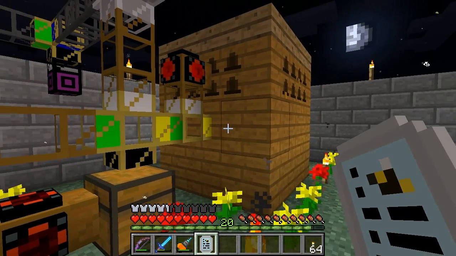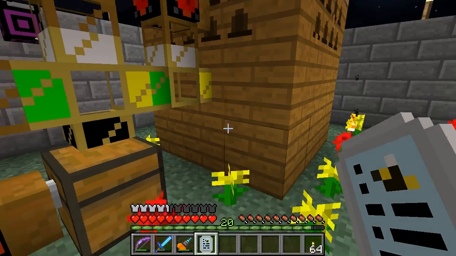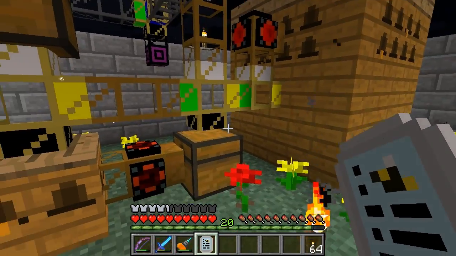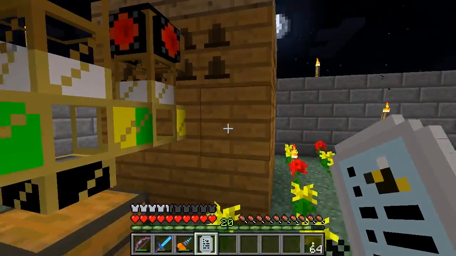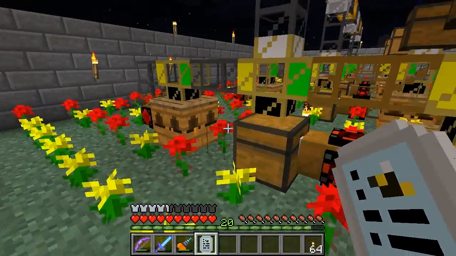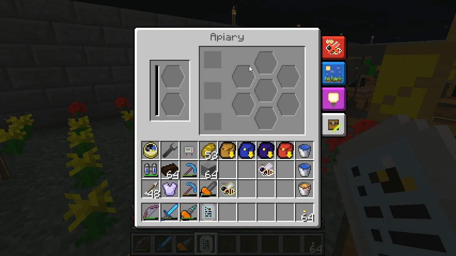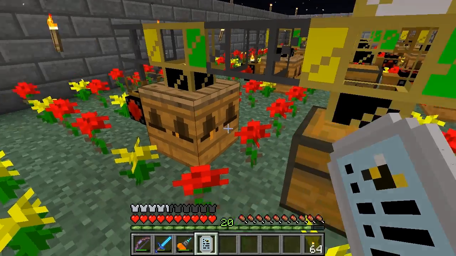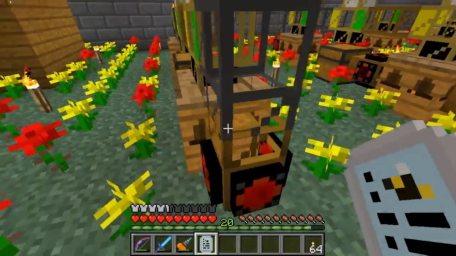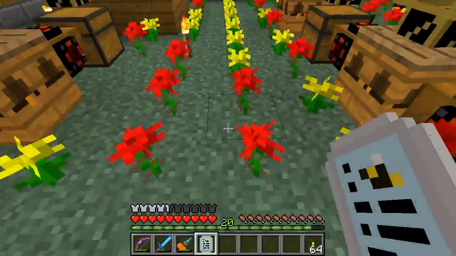So this hive is now producing pure nocturnal and pure cave dwellers. You can see that it's working during the night. And I can use this system to create more princesses with the same abilities. On the other side here, I might add a pure, fast-working industrious princess together with a drone. And then that way I can take drones from here and the princesses I make here, match them, and then